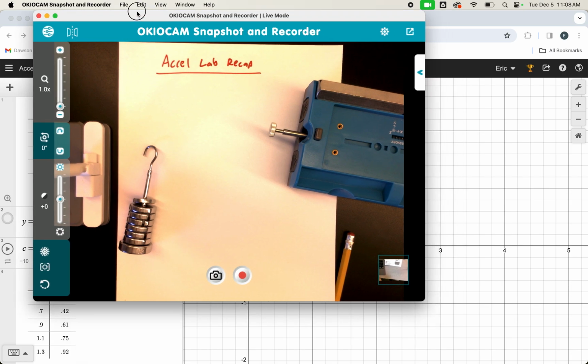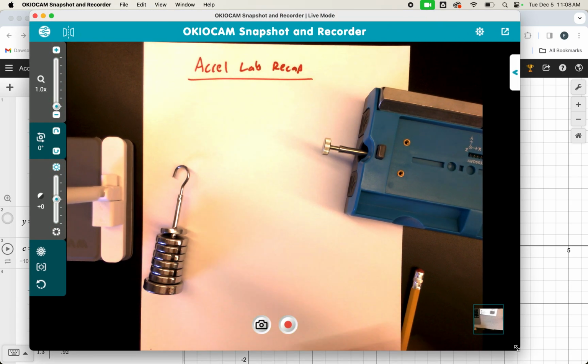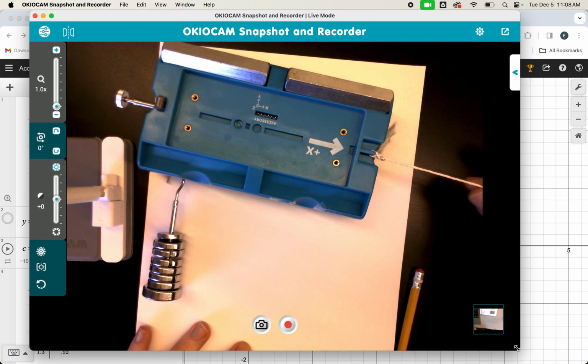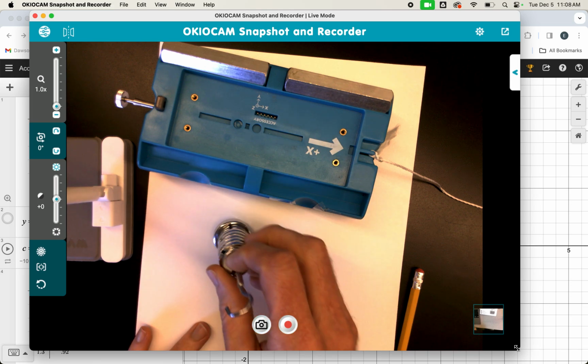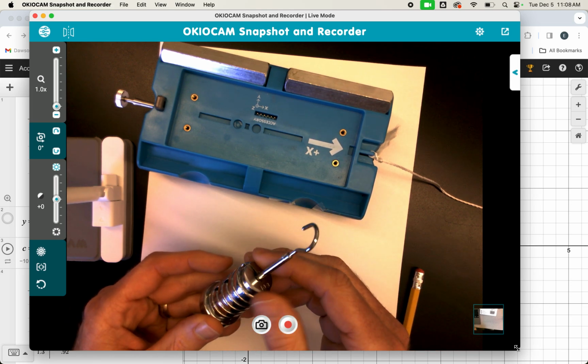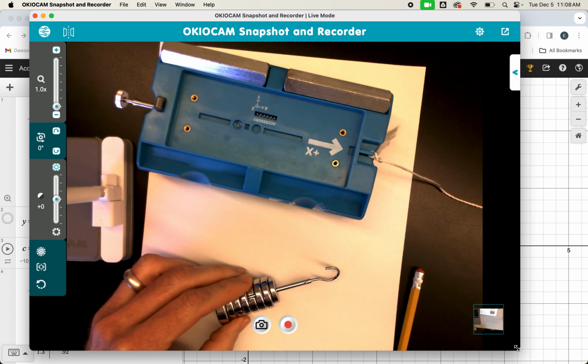We are going to take a look at this acceleration lab that you all did the other day in class. If you remember, you had the carts here and they were being pulled by the string on the track, and then you had this set of weights here. We also had these silver weights that you were putting on top. So I just want to go through some of the bits of the lab that folks were having